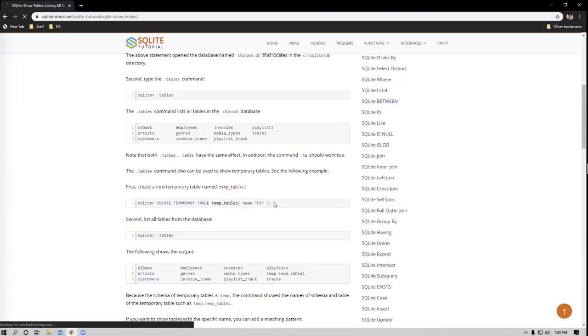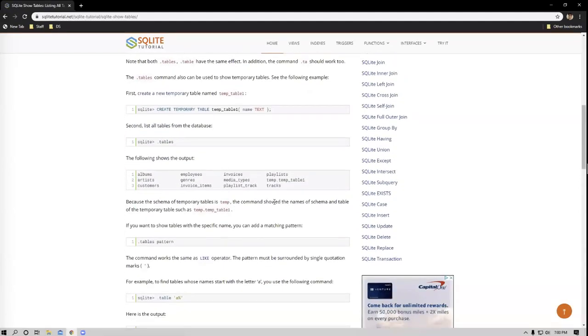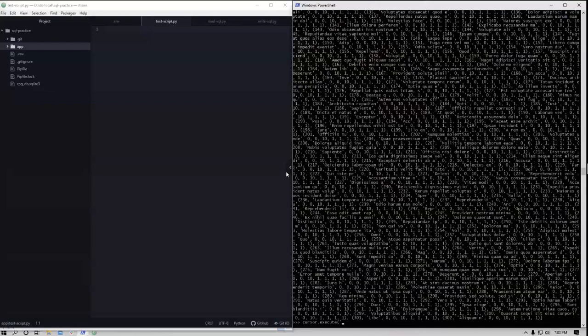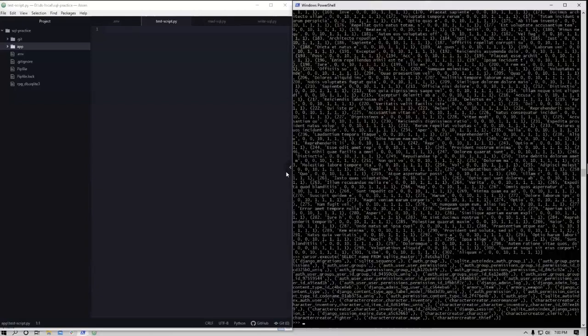This is pretty simple. Row factory. Okay, select name from SQL master. So we're going to try this.